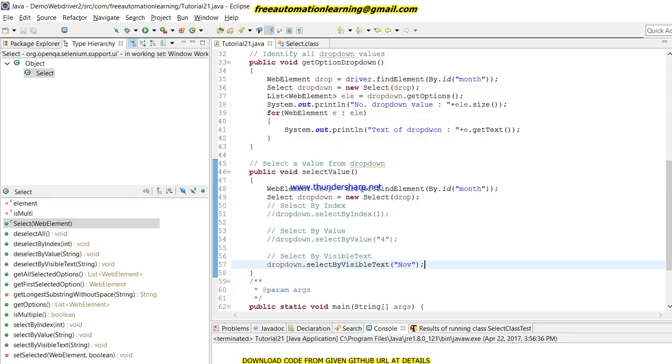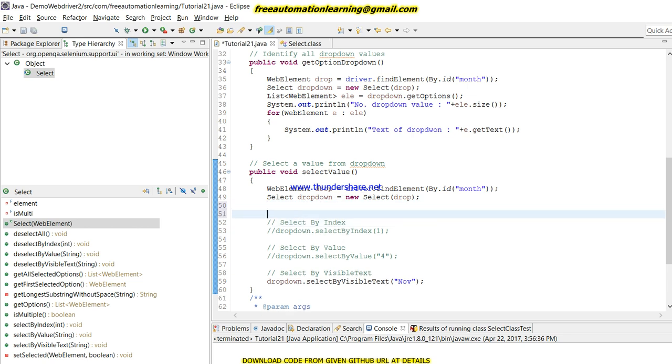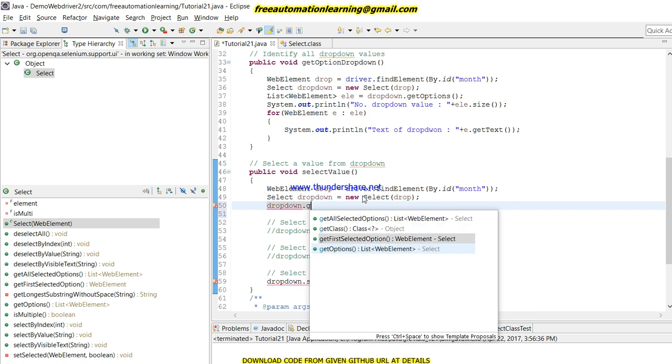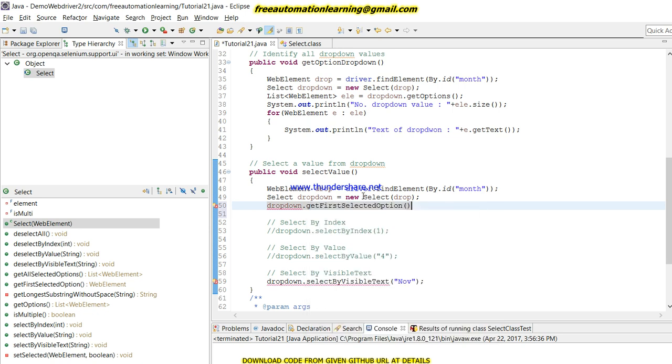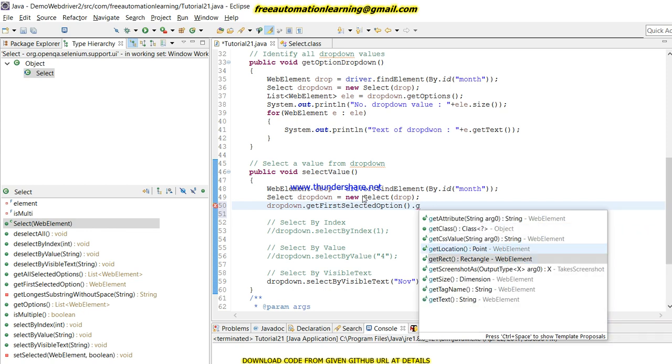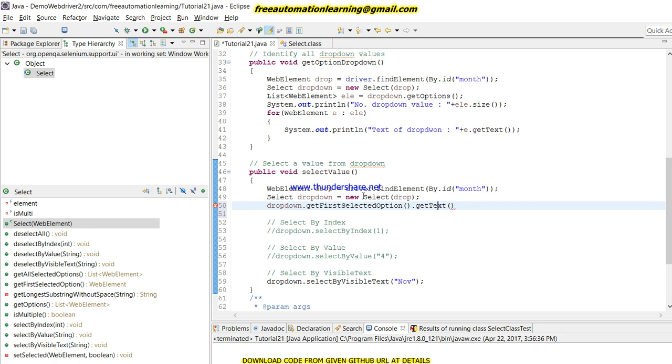Sometimes we have to identify what the first value selected is. So what would be the method? Just write dropDown dot getFirstSelectedOption. It gives me the first option which has been selected, and this gives me a web element. So here I am going to call getText, and store it in String s is equal to